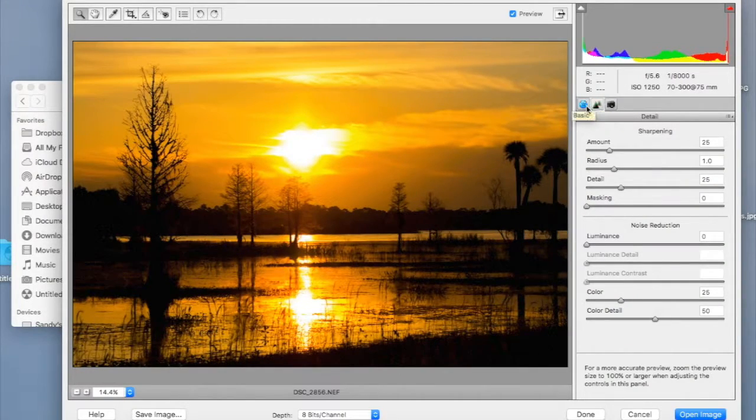Now, if you click into the Detail tab, that was the Basic tab, by the way, and if you go up here and click on what looks like little mountains, this is the Detail tab. And there's a bunch of different sharpening tools here. The main ones that I use are the sharpening, the amount, and the masking. Now it's a good idea to come down here to the bottom left corner and